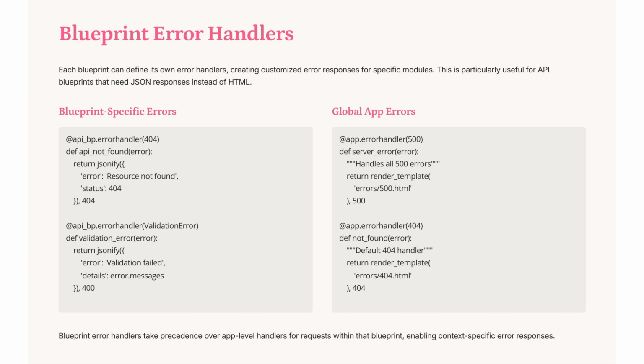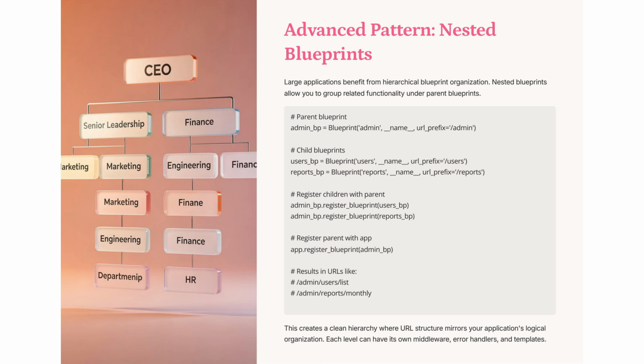This flexibility is crucial for applications requiring tailored error management across different modules. Nested blueprints enhance large applications by organizing related functionalities under parent blueprints. For instance, an admin blueprint can have users and reports as child blueprints, resulting in URLs like admin users list. This structure mirrors logical organization, allowing each level to have distinct middleware, error handlers, and templates, ensuring a clean, maintainable